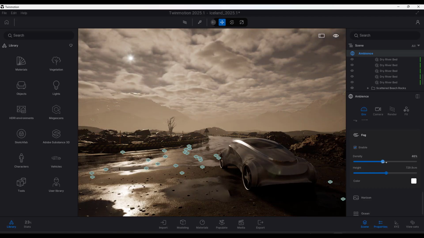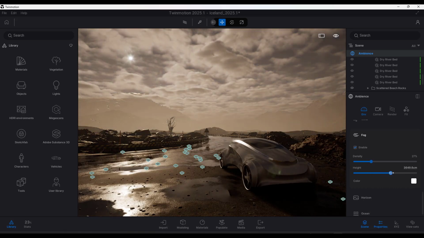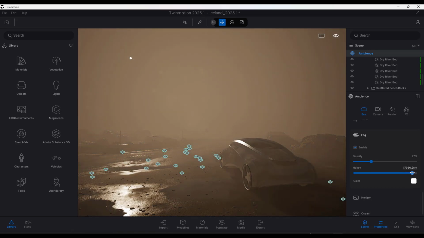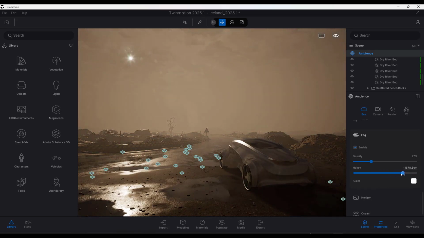So if I crank this density up right here, notice what that's going to do is give me much better fog in the background, but then you've also got this option for the height. And so notice how as you drag, the height of the fog is getting a lot thicker. So you can use this to create a much more substantial fog effect in your scene like this, which I